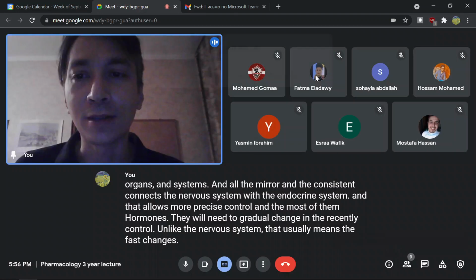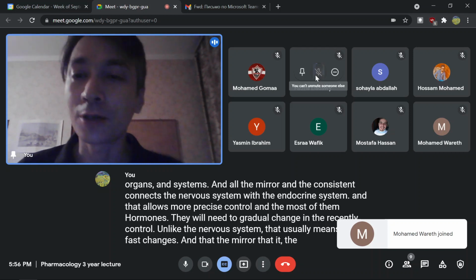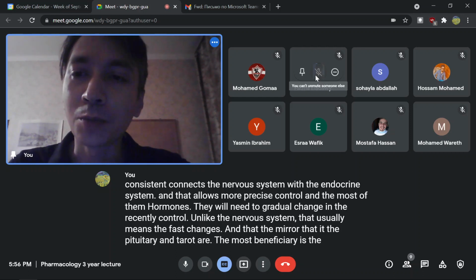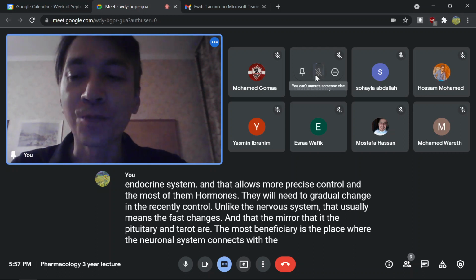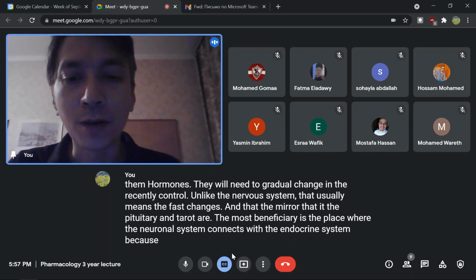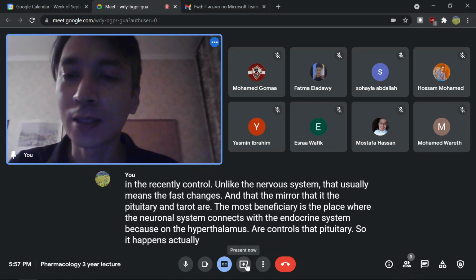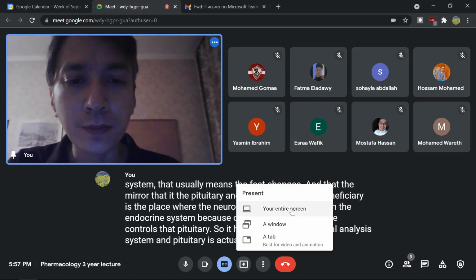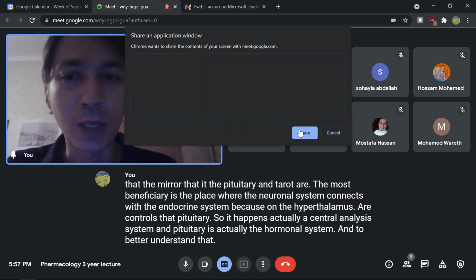The pituitary and thyroid are the main focus. Pituitary is the place where the neuronal system connects with the endocrine system, because the hypothalamus controls the pituitary. So the hypothalamus is actually the central nervous system, and the pituitary is actually the hormonal system. And to better understand that, you can look at